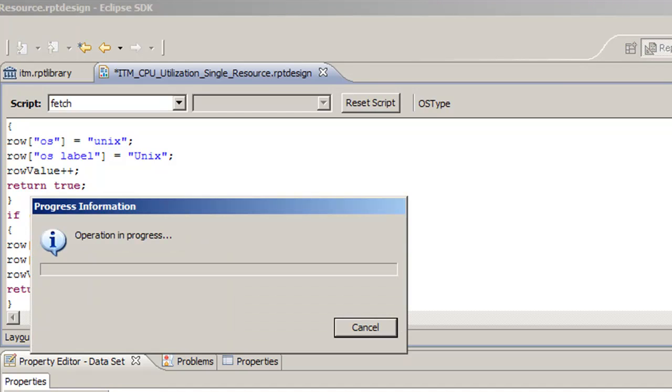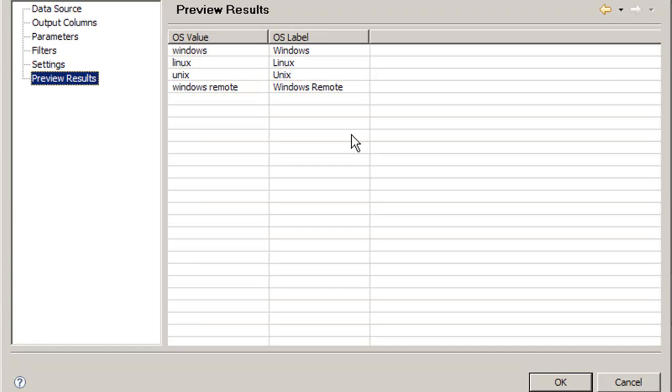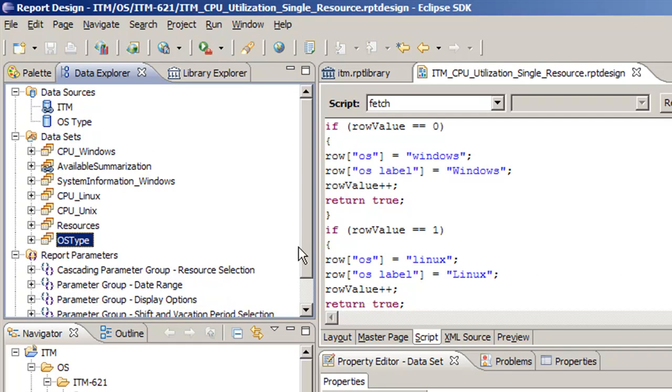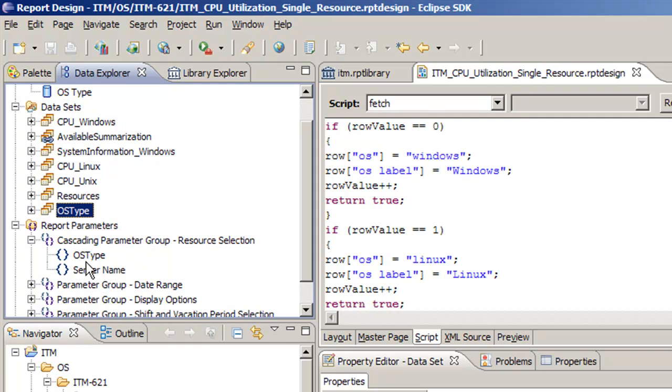And we can save, and we can preview. And under the preview results, we see we have Windows Remote now as an option. It's exactly what we want. Okay. So if we go ahead, we can test this without running the report, but we can test this by